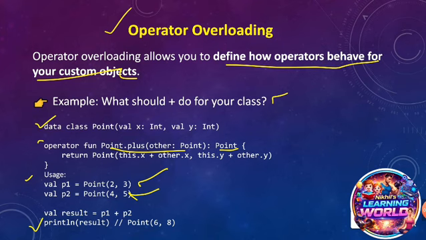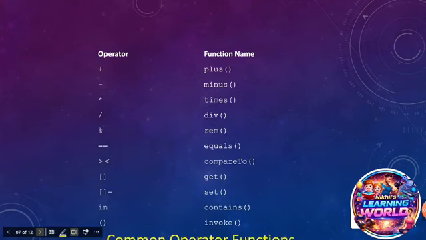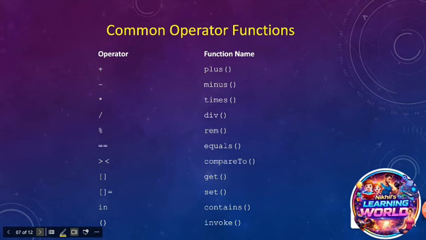Okay, so now focus on this. These are p1 and p2, two Point data class objects, that is 2 comma 3 and 4 comma 5. And the result will be p1 plus p2. What happened is addition of 2 plus 4 and 3 plus 5, that will be 6 comma 8. So common operators are plus, minus, times, div, rem,